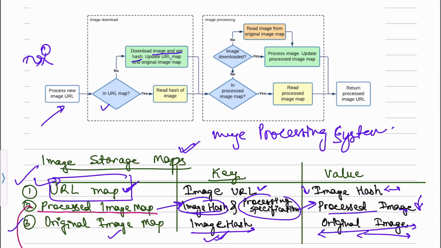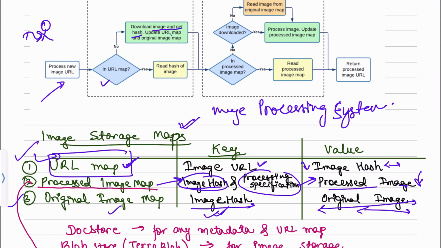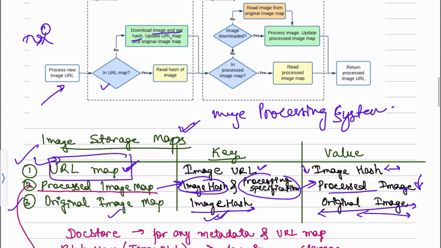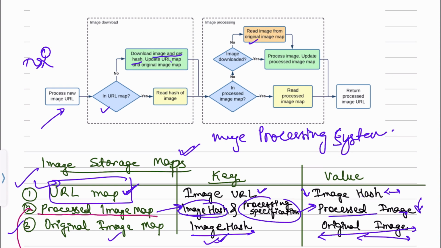Finally, you will check whether that image is in the processed image map or not. In the first case it will not be. So in that case you will check if the image is downloaded or not. If the image is not downloaded, then you will read that image from the original image map, then you will process the image and then update the processed image. In the first case it will not be present, right? So you will read that image from the original image map. Here you will get that image, you will download the image,